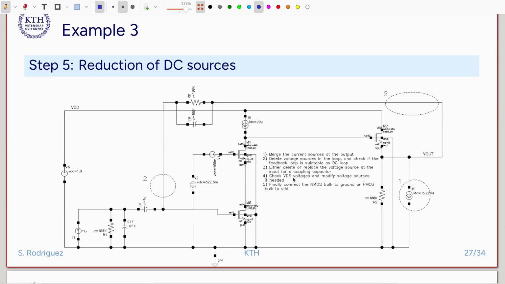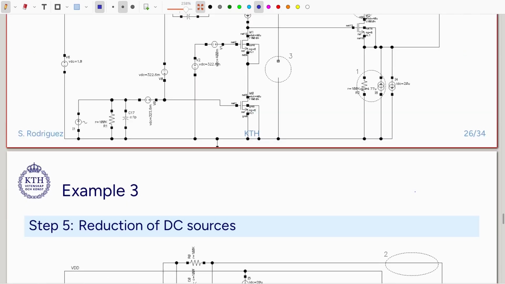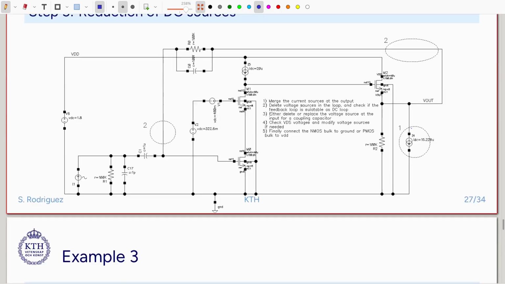What we have is merge the current sources at the output. So we have a current facing up and a current facing down, so we can just merge them, and then we see that it is a current going down, and it has to be. We cannot really make a current going up like that. We will have to transform it, so this current is facing down. So very good. Then we delete the voltage sources in the loop, and now we have to check